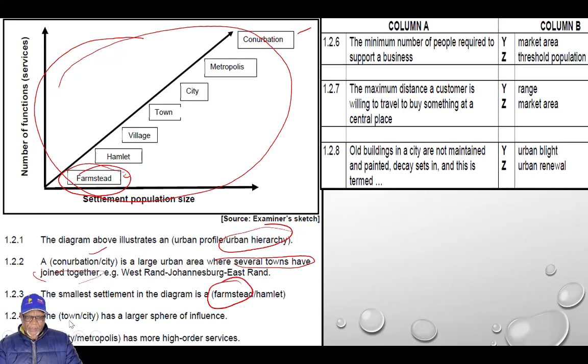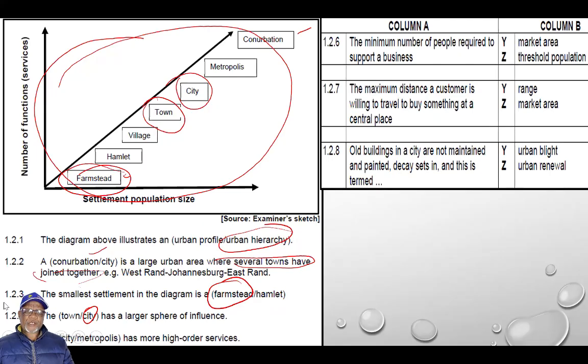The town or a city has a larger sphere of influence. Now we have town and a city. Between a town and a city, where are we going to have more people coming to buy? So the correct one will be the city will have a larger sphere of influence than a town. The reason will be the city will have more high order services than a town. And then the city or a metropolis has more high order services. And remember,